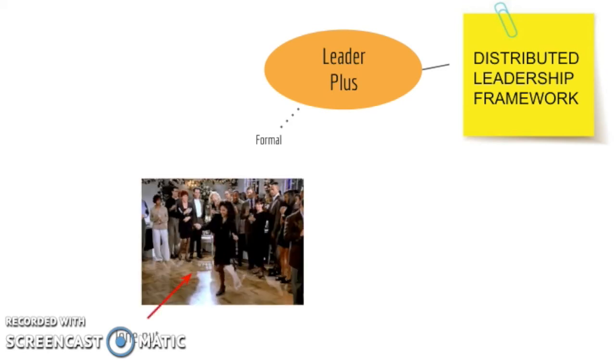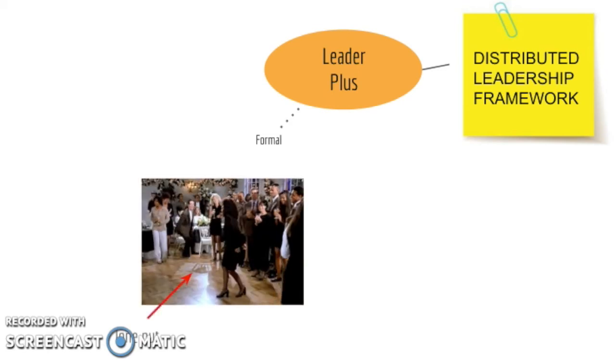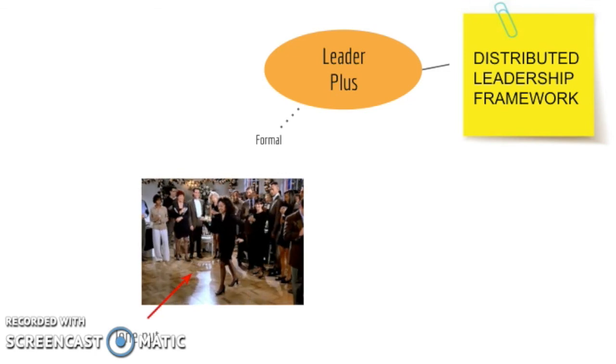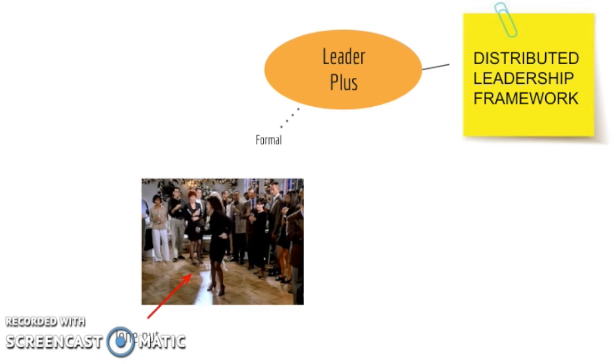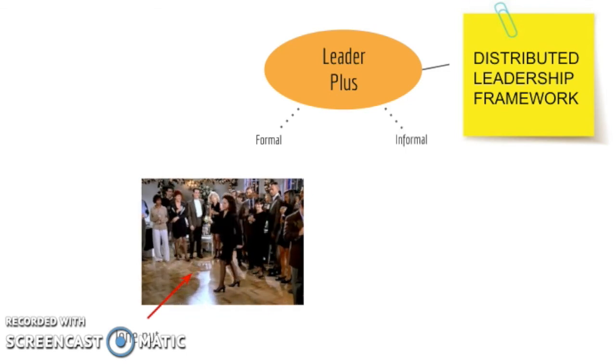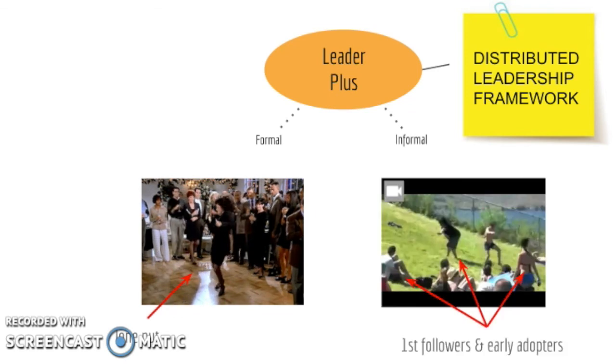So in the text, Spillane talks about first the leader plus aspect of his framework. And in this, he shifts the focus away from an individual leader to the system-wide interactions between leaders and followers. The leader plus aspect identifies individuals with formal roles or titles that hold them accountable for a change movement, but it also describes those people who, while they may not have a specific role, are informally involved in the change